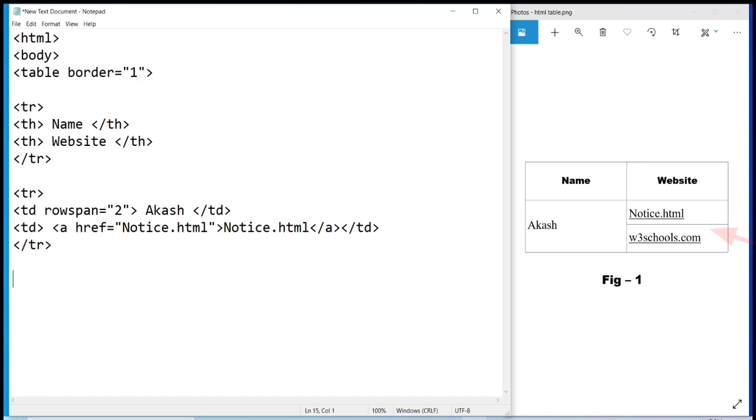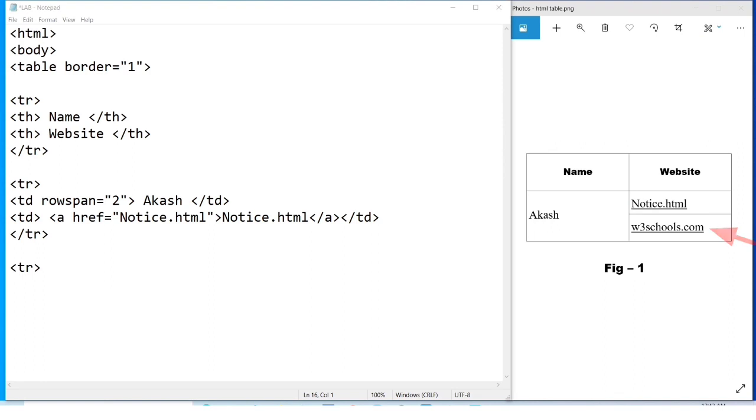So again you have to start tr, and then again write the data, that's why you have to use td. Then you have to give the link syntax href. I already did before for a personal file. Now http, hypertext transfer protocol, then colon double slash, and then you have to write www.w3schools.com. This one is our URL, right?